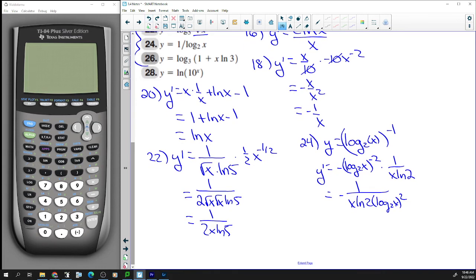I'm really running out of room. 26. Y prime is 1 over 1 plus x natural log of 3 times the natural log of 3